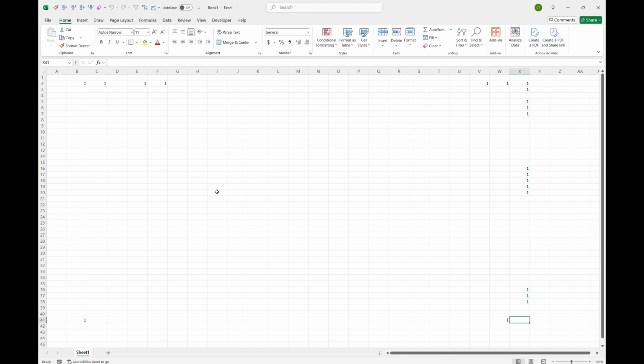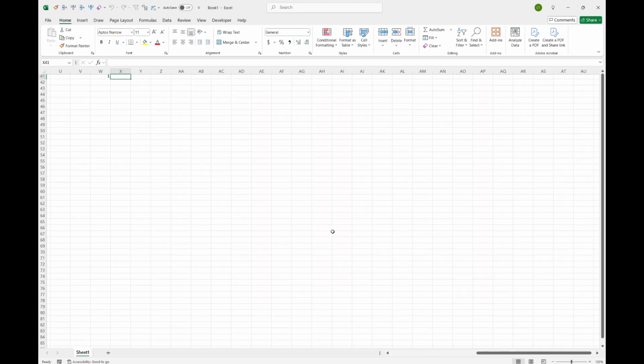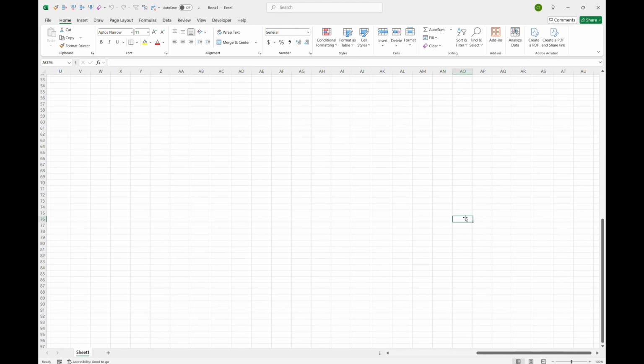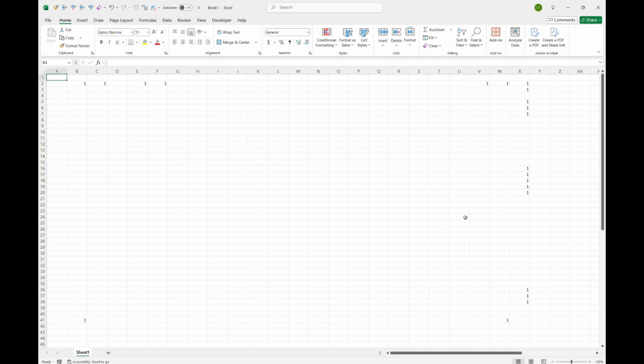combination of two things. It's going to position me on the rightmost column that has any value, and on the bottommost row that also has any value. In this case, the combination was X41. And for example, if I had something, let's say here, on AO76, and then I hit Ctrl End again, I'm